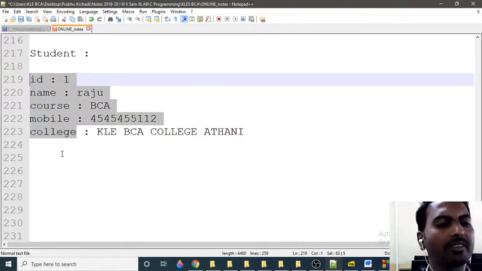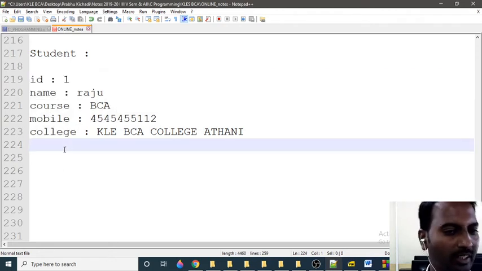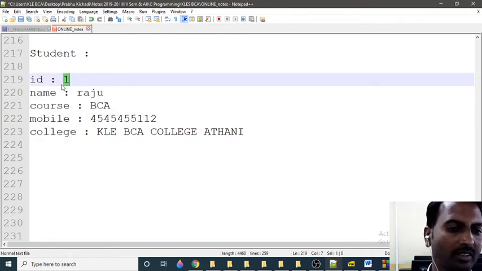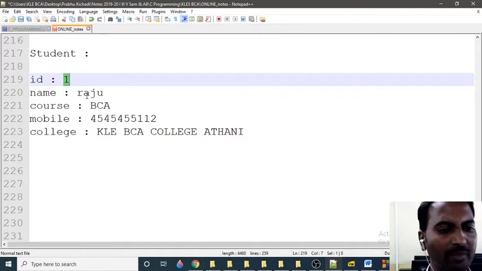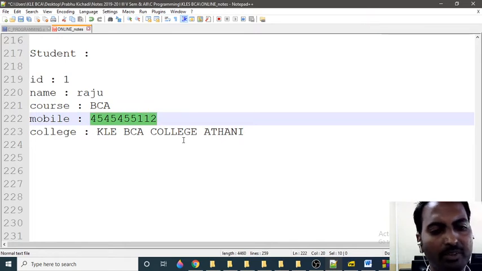So I am extracting id, name, course, mobile, and college as my attributes of the student. Because I am defining a student, these attributes, characteristics or properties must be there, and these are the values. For id I am giving 1, name is Raju, course is BCA, mobile number is 45451112, and the college name is KLE BCA Athani.